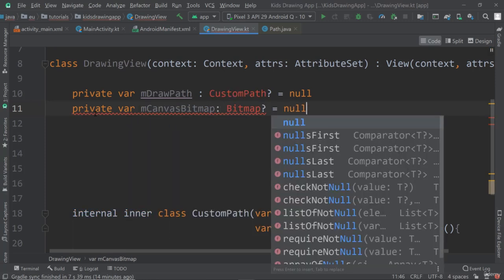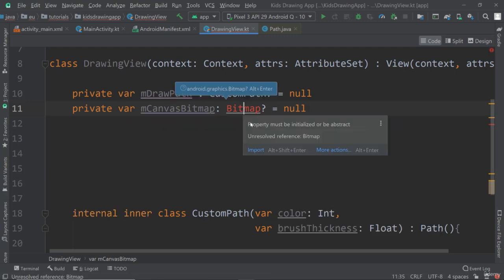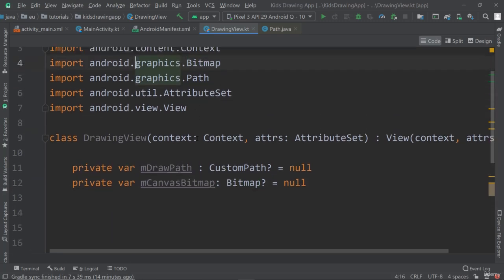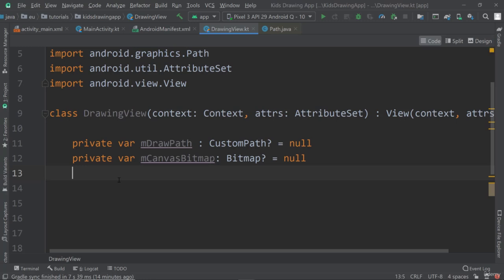So as you can see, now I will need to import bitmap here, because it's again another class that we are using and it's within the graphics library. Then I will need to have a paint. So I will need a paint class that holds a style, color, and information about how to draw the geometries, text, and bitmaps. Okay, so go ahead and create a private var